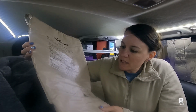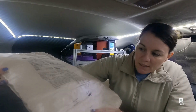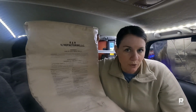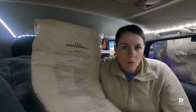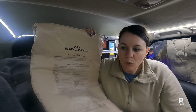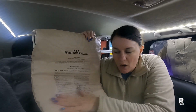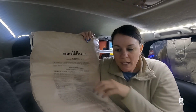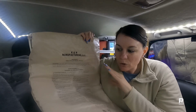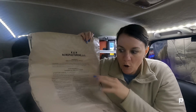This one is about 15 by 24 inches wide. It only draws 22 watts and it gets up to 102 degrees. The difference with this is there's no on and off. You need to put it under something so that it will sense there's something on there and then it will warm up. They also recommend to put something, even a 1/4 inch thick piece of foam, in between